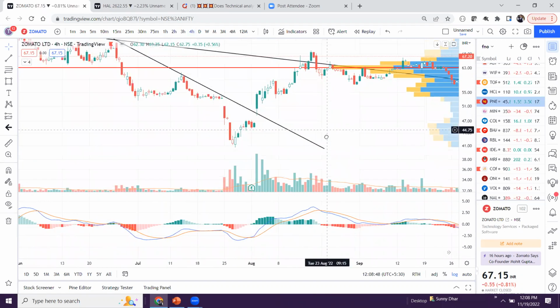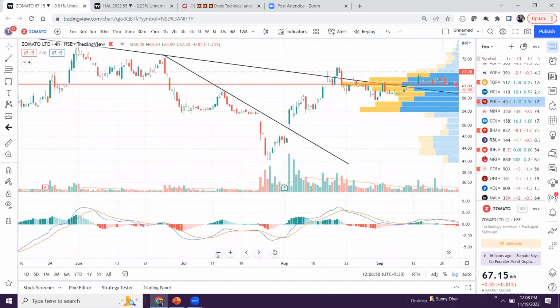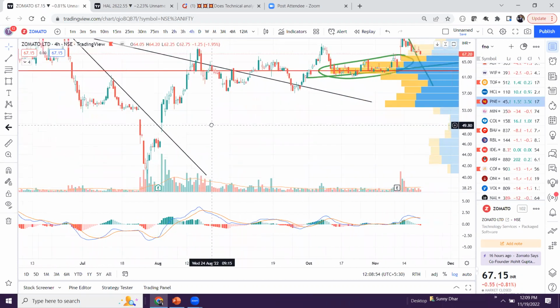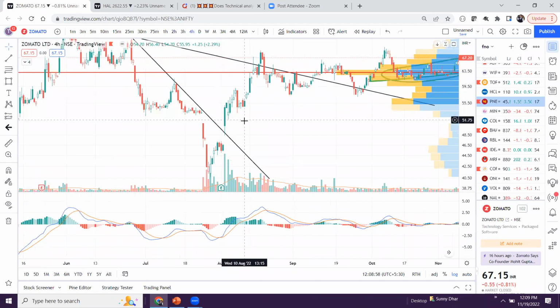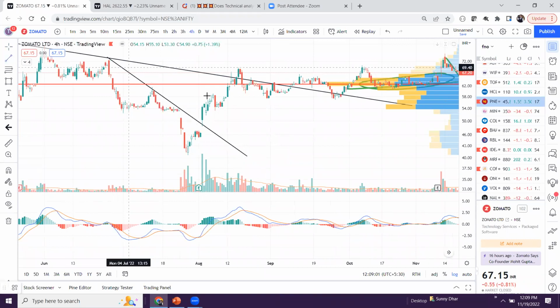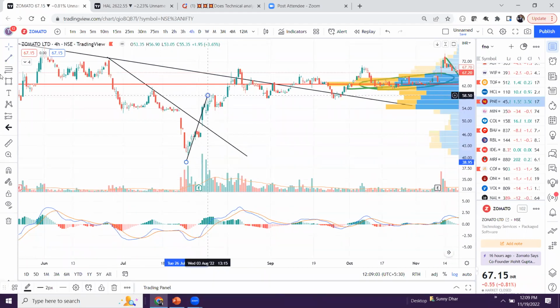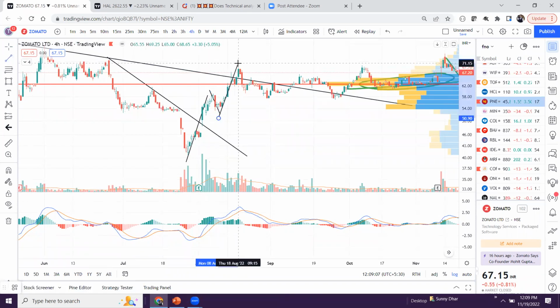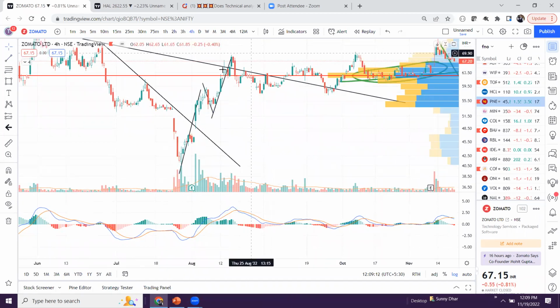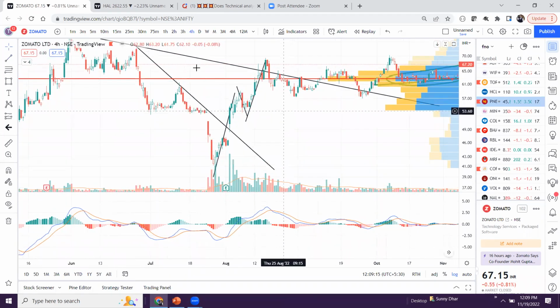4-hour chart of this. Now, as you see, the definition of an uptrend is higher highs and higher lows. If you see in this chart, you start getting the higher highs and higher lows. So basically, this was our first impulse. Now, if you go to a lower chart like the hourly chart,